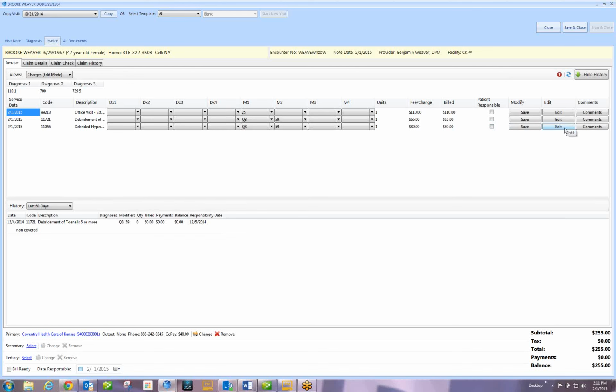Or if I needed to make some changes to that information, I could click my edit, and that would bring up an edit box. Or if I wanted to make any comment on the line, such as non-covered service, by clicking on my comments, it would bring up a comment box. We're going to get into each one a little bit more in detail, but I wanted to take you through